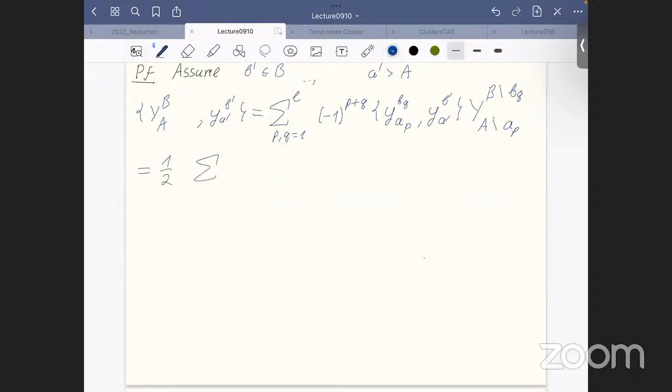So again, sum over P and Q. First we have minus 1 to some power P plus Q. The sign of A prime minus AP plus sine over B prime minus BQ of